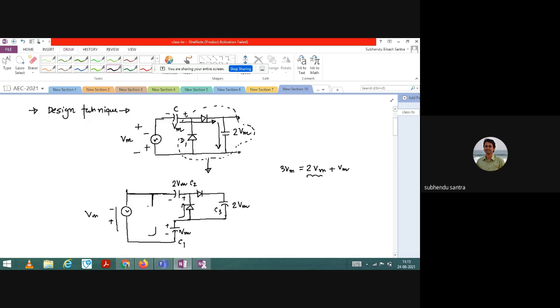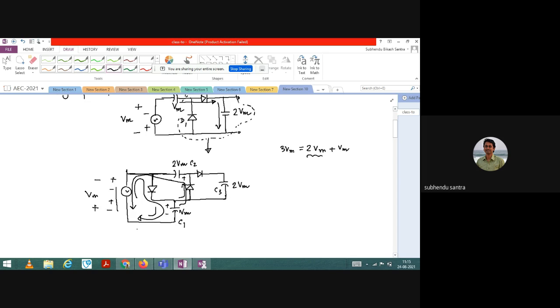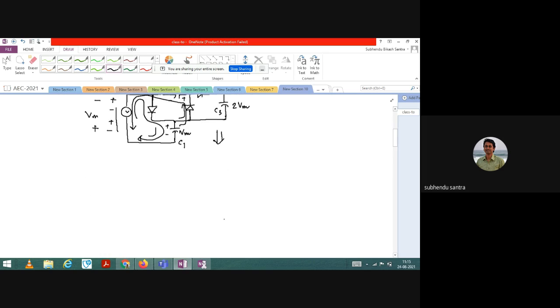So what I will do, I will charge this capacitor in forward direction. So when it is positive and negative, the capacitor will be charged in this path. And when it is just opposite, supply voltage, this is plus and this is minus, then the capacitor will discharge through this path. Because it is plus, the diode will be on, so it will be discharged through this path. So the modified circuit diagram will now be like this.